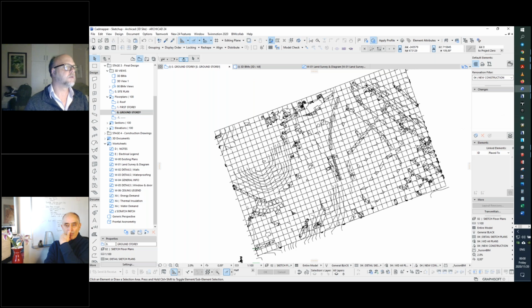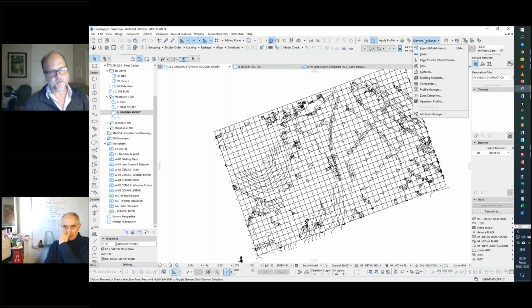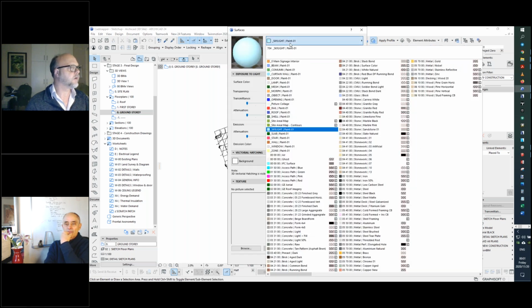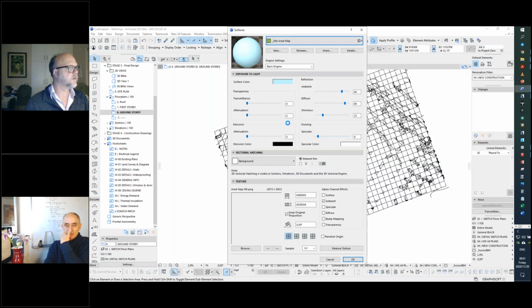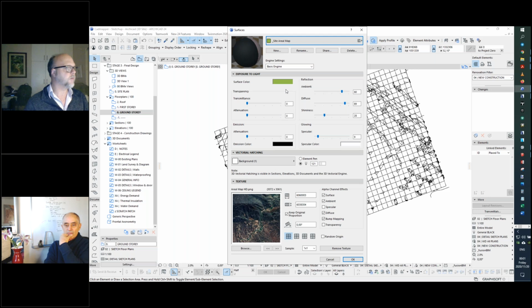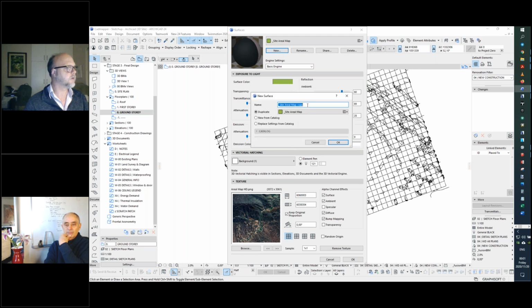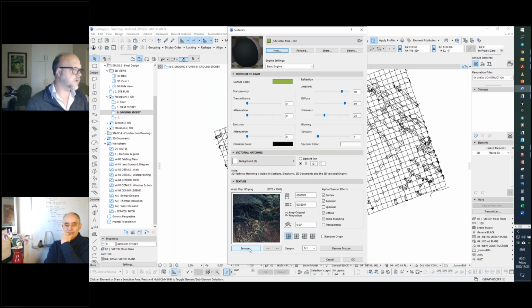OK on that. Now we're going to set up a texture, a surface in ArchiCAD, and just call this sitemap aerial. So this is the texture from the farm I got in this blank file. So I'm just going to create this copy called Rick, and then just change the